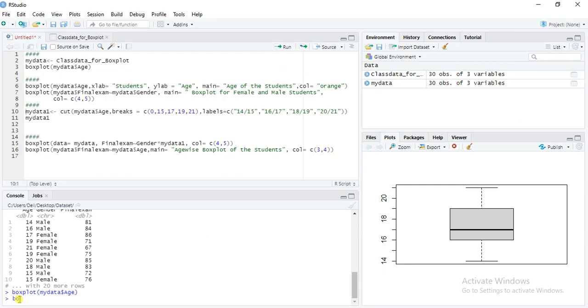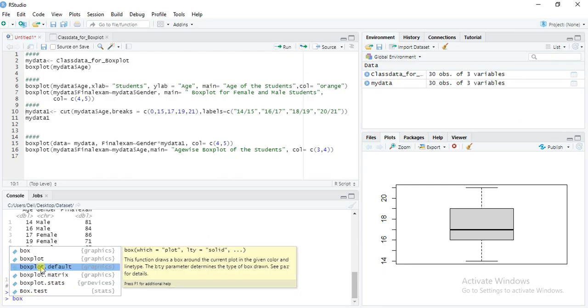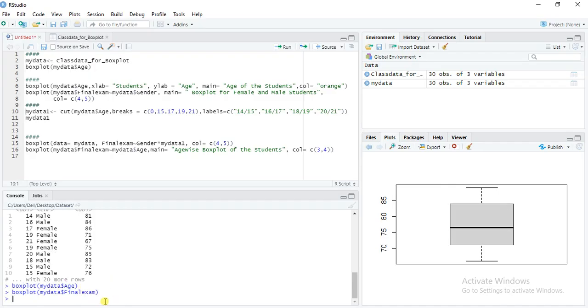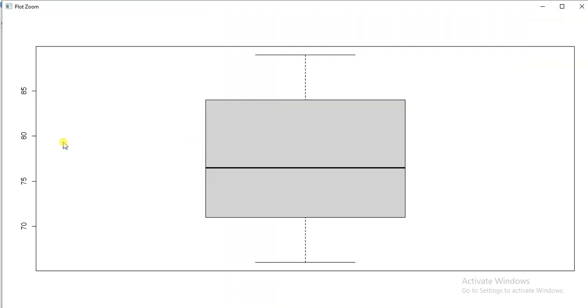Now I will show you the distribution of marks obtained by the students. My other variable is final exam, and then enter. This is my distribution of marks obtained by students in the final exam.